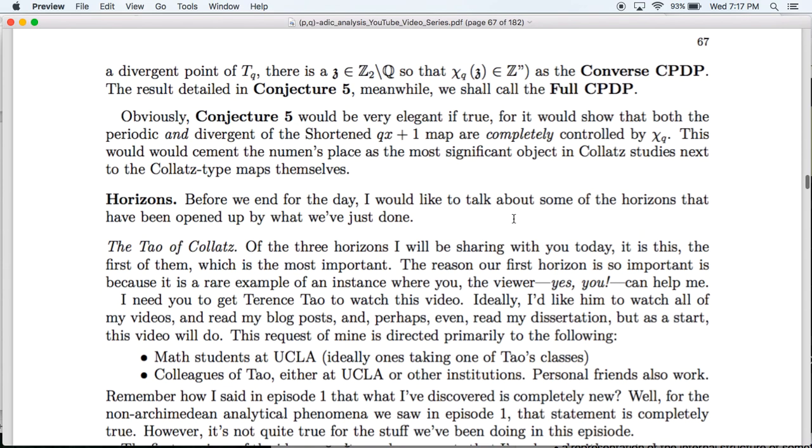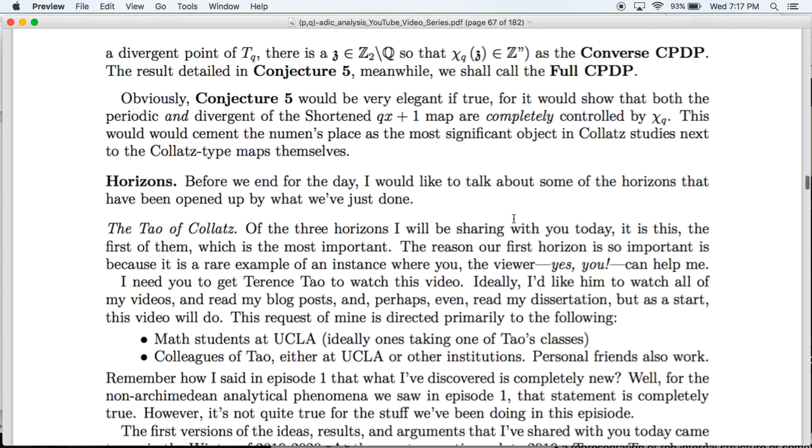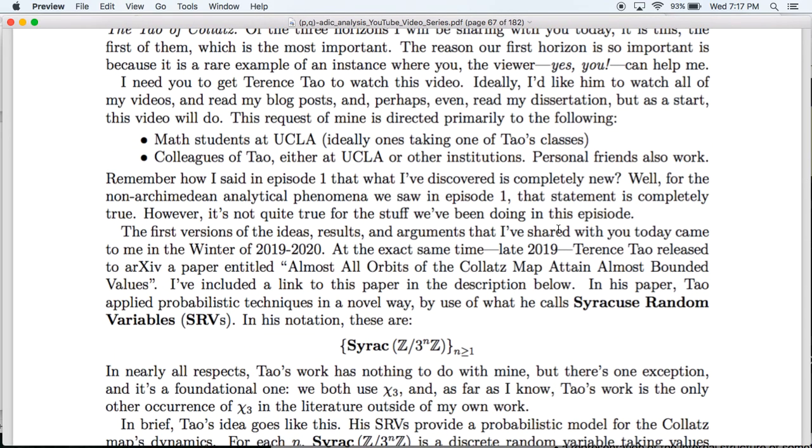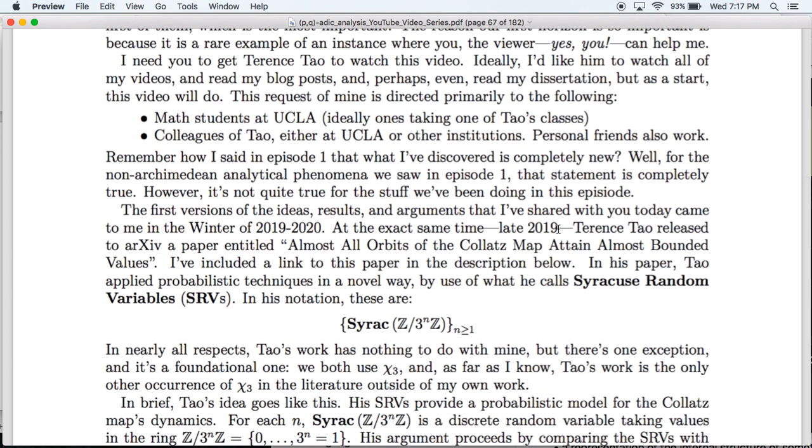Well, for the non-Archimedean analytical phenomena we saw in episode 1, with that weird point-wise dependence of the topology of convergence, the novelty is completely true. However, for the stuff we've been doing in this episode, it's not quite fair to say that it's new. And I don't just mean Baum and Sontachi. The first versions of the ideas, results, and arguments that I've shared with you today came to me in the winter of 2019-2020. At the exact same time, late 2019, October if I recall correctly, Terence Tao released to arXiv a